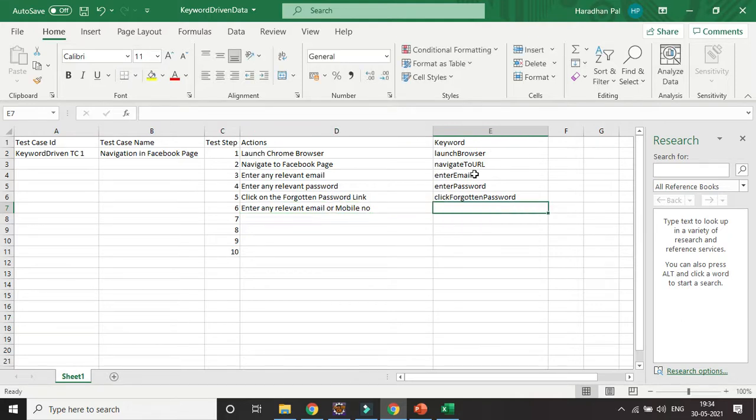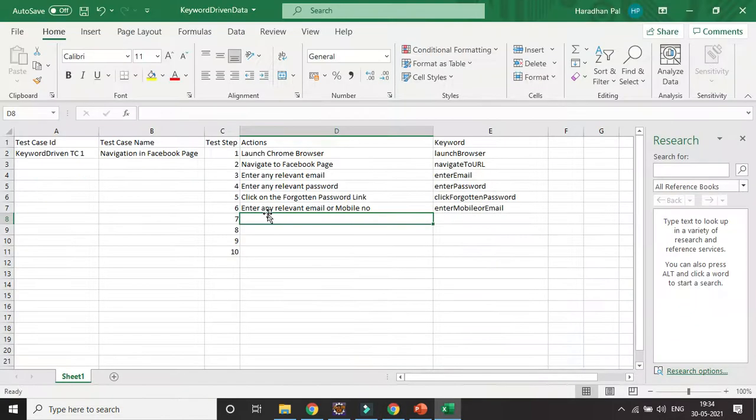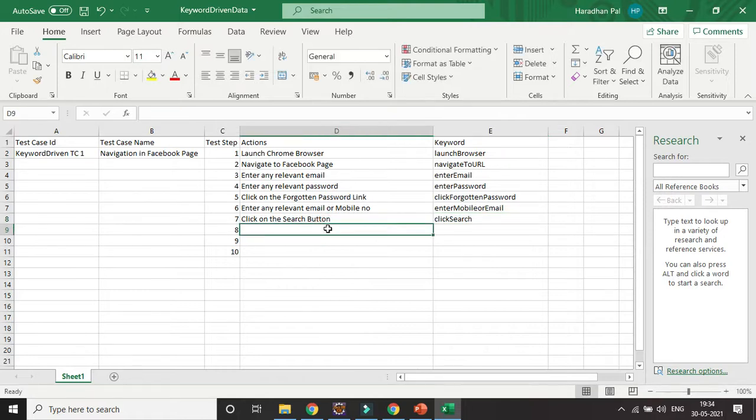So maybe you can copy paste the thing, enter email or enter mobile or email. So that is the method I can write here, and the next click on the search button, click on the search, okay, so click search, okay, then closing the browsers, right?